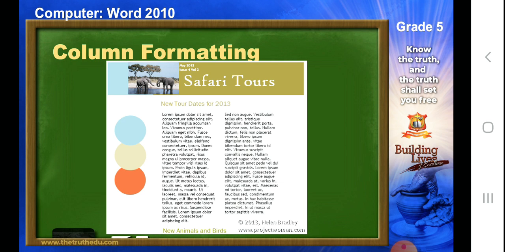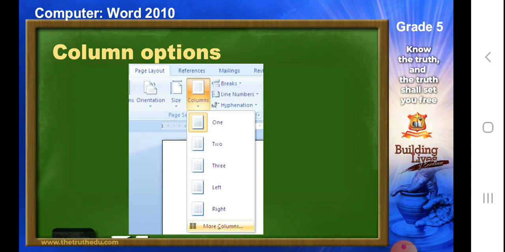Now, how do we do that? To use the column formatting option, we go to the page layout tab. First you type whatever you want to type, then select it, then go to the page layout tab in the Microsoft Word ribbon. Then you click on the column option in the page setup group.